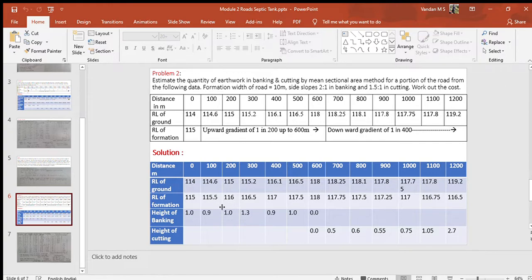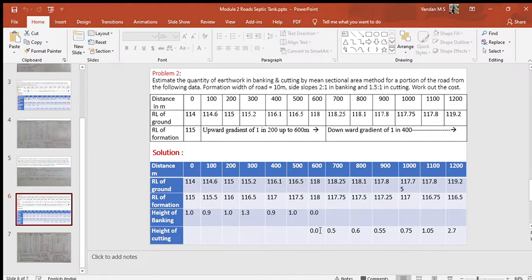Next, 115.5 plus 0.5 is equal to 116 meter, and so on. So add 0.5 meters successively for the previous RL and calculate the forward RL up to 600 meter chainage. At 600 meter chainage, the RL of ground and RL of formation becomes equal, and hence no cutting or filling